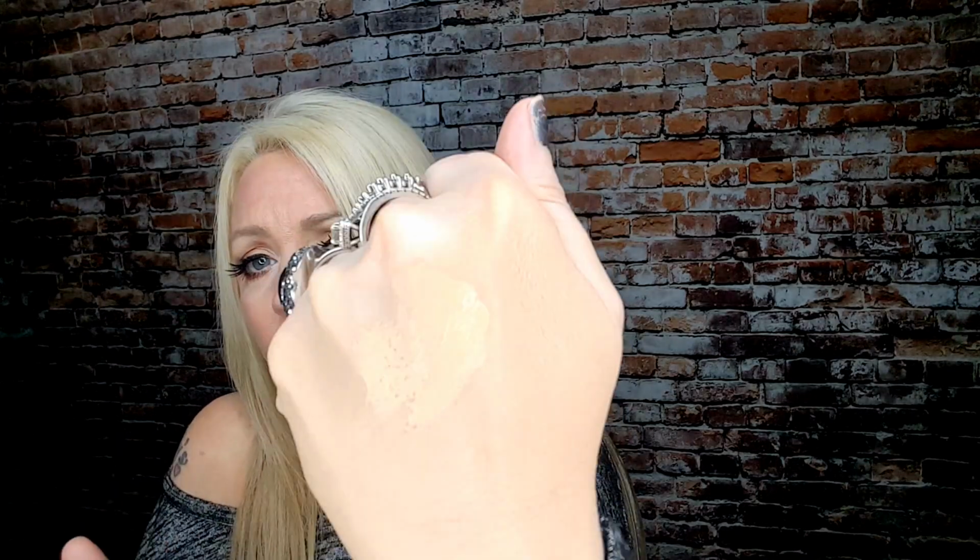I got 02, which is very orangey. I will swatch it on my skin and show you guys. Super orangey for me. It's just kind of too dark. If I can find the 01, I will get the 01, but this is 02. This is full coverage. It is only